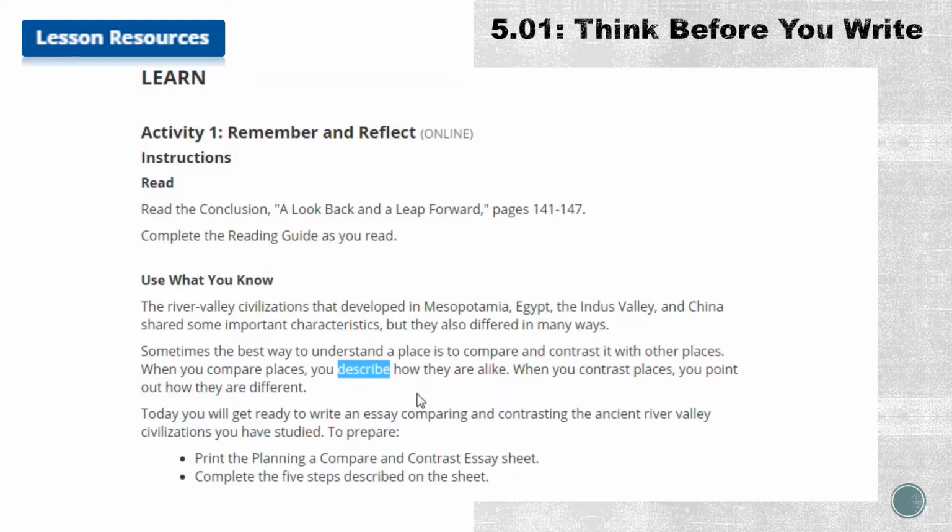So you don't just list the things that they're alike in. For example, one thing that all of the river valley civilizations share is that they all emerged around rivers. That is how they are alike, but then I need to describe it. So I need to tell what rivers and how each of the civilizations sprung up near a river. That's one way that it's alike, and then I've described it if I tell what rivers and how, okay? So just remember that we aren't just listing those in one sentence. You need to describe with several sentences how that one